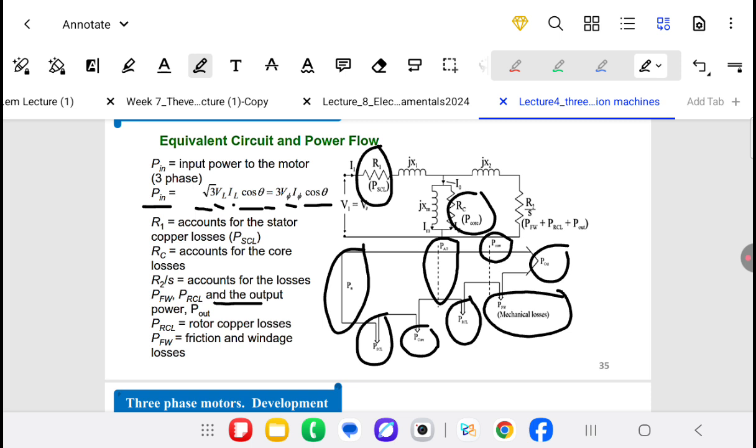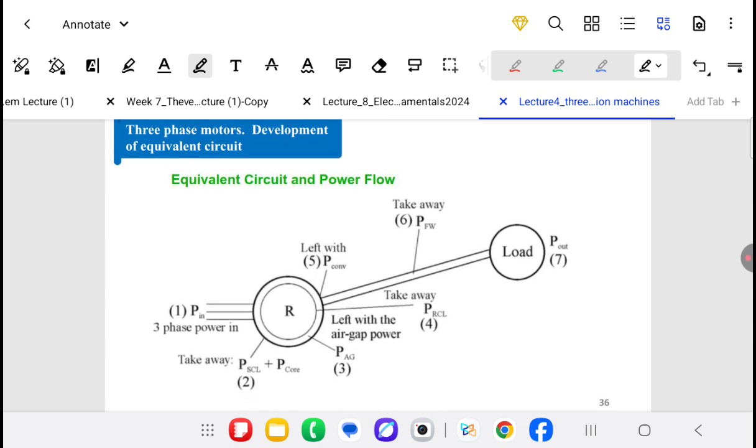I'm sorry, P rotor copper loss, and the friction and windage losses. This is rotor copper loss, friction and windage losses. We have also the copper losses of the stator, which is stator copper loss. Now, from the equivalent circuit and power flow, we have the input power, which is the three-phase power P input,